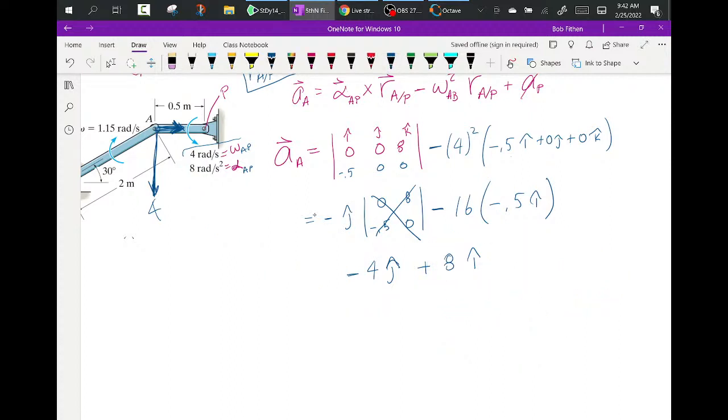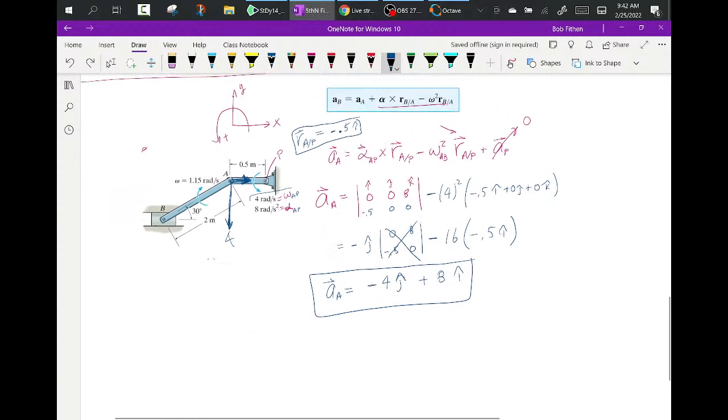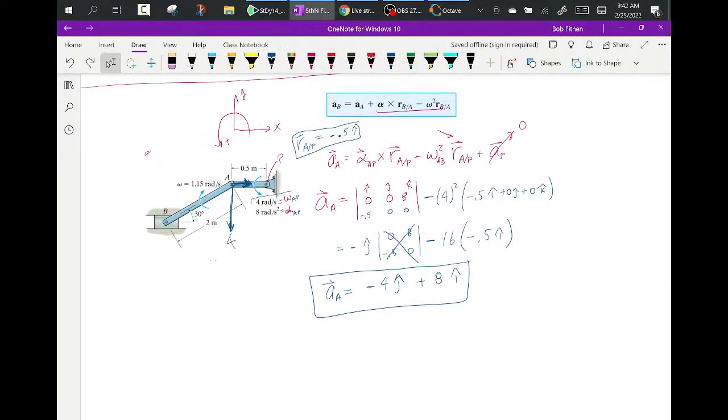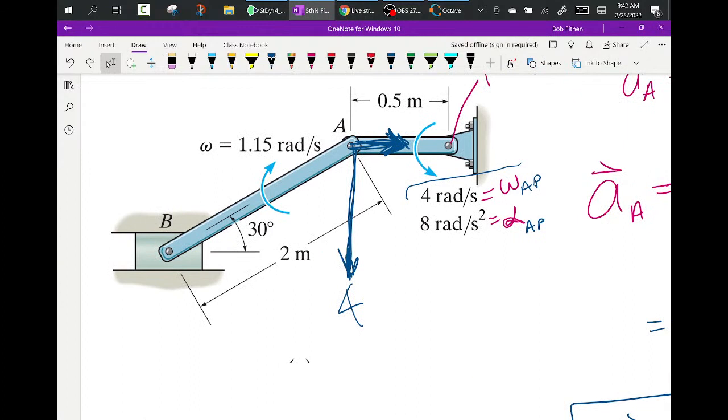So, in fact, this is the acceleration of A. It had two components. It had a tangential, and it had a centrifugal. So, now becomes the real fun. The real fun is in dealing with this member, AB. So in order to highlight that,